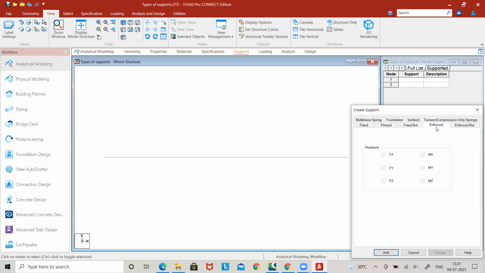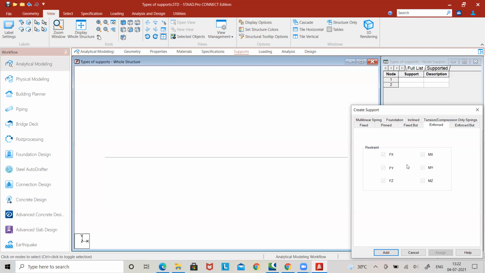Next is the enforced support. This enforced support is nothing but the fixed support itself, but for some conditions of the structure or stiffness, you can select this enforced support. It can also be used as a fixed support, but in the case of plates or shells where you want to create a support displacement, you can use this enforced support.